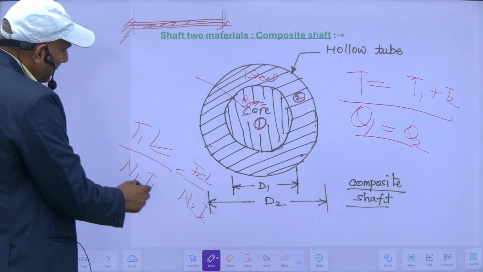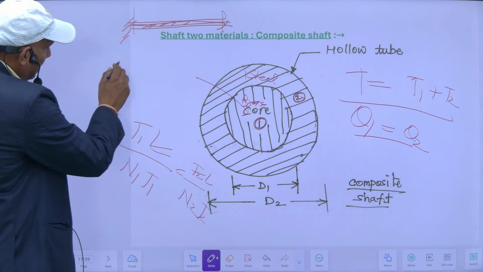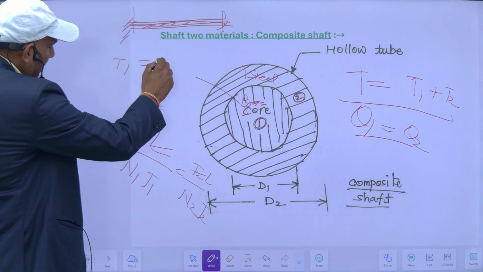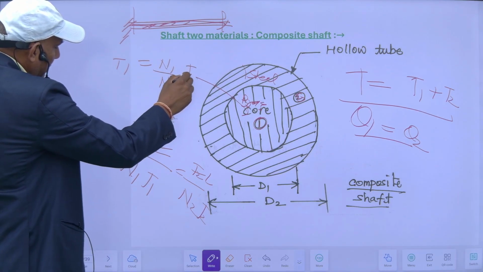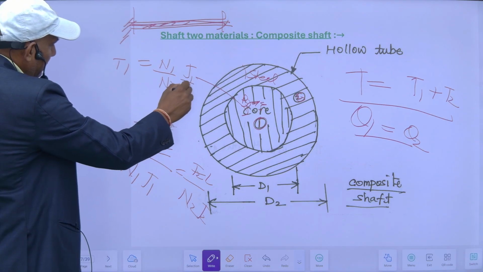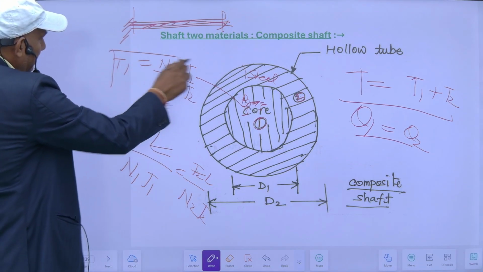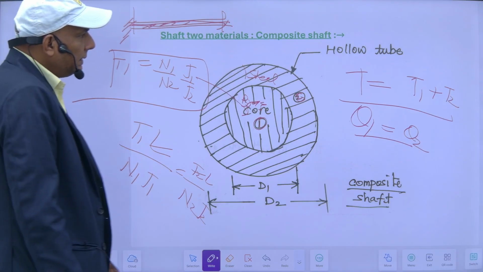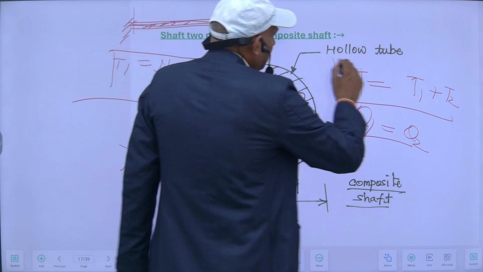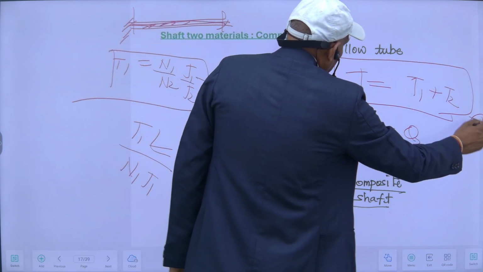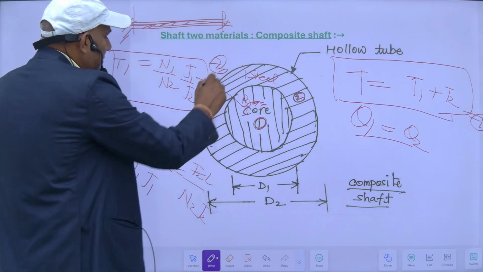So length is the same, and it will be equal to T1 = (N1/N2) × (J1/J2). So this is T1, and the other equation is T = T1 + T2. So we can solve both the equations. So after solving,